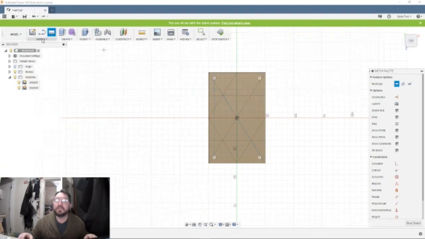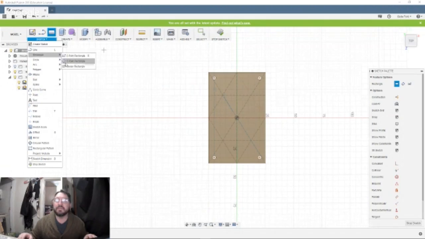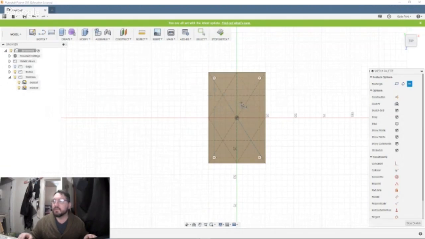But you know what? Let's switch to a center square. See which celebrity we get. All right, so we want to do an 8 millimeter thickness.